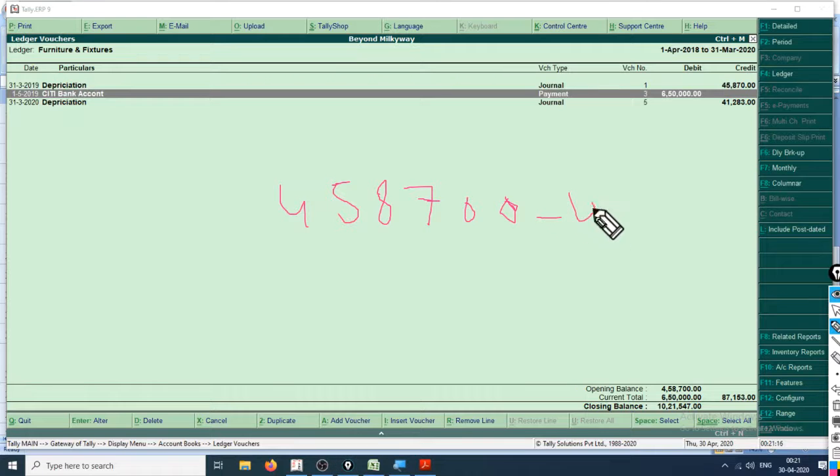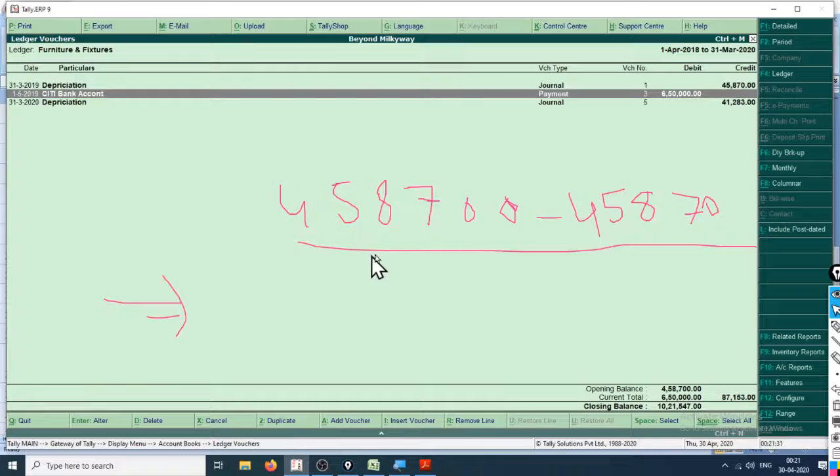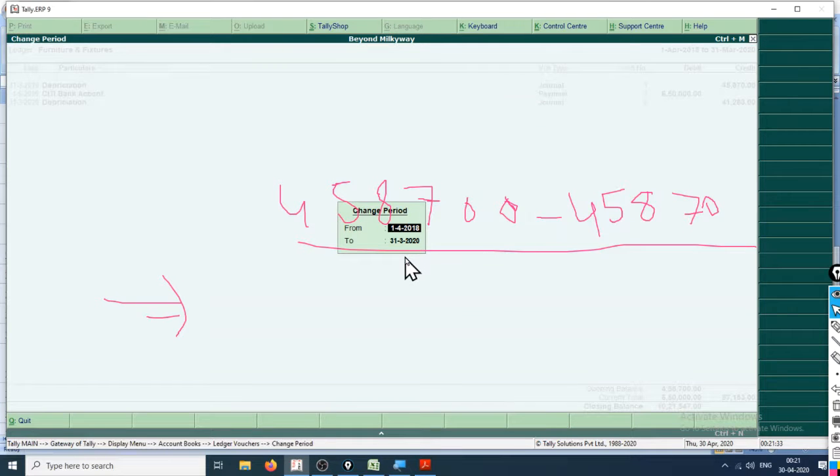and it was deducted by the depreciation of 45,870. The new value came, whatever the new value came. Let's check out what was the new value. F2, 31.3.19.